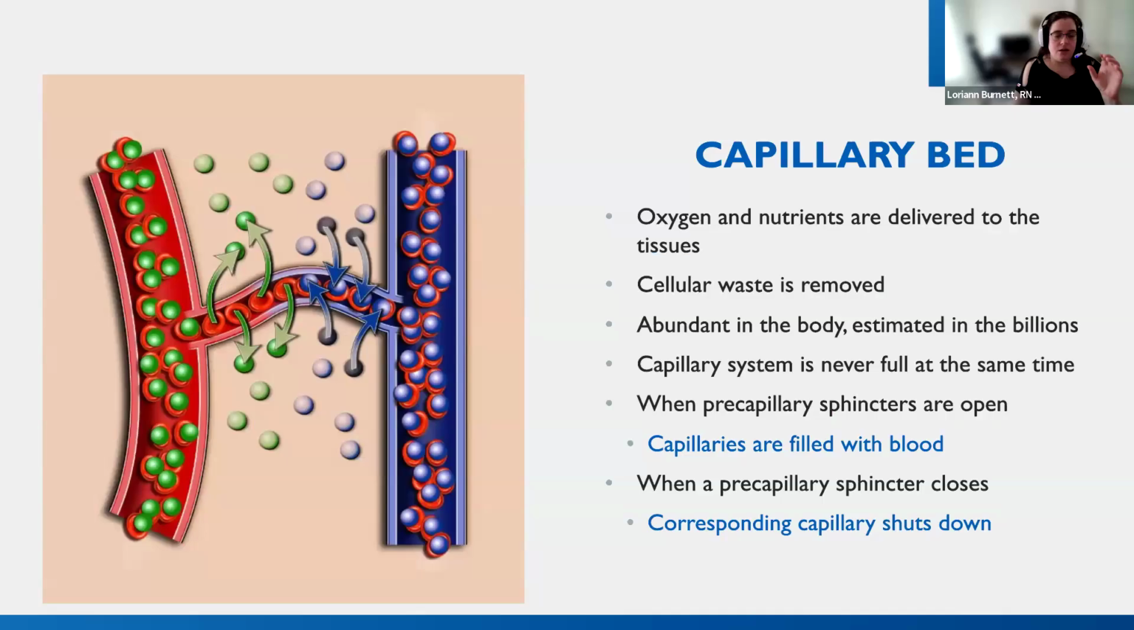Our capillary bed is where the actual oxygenation, tissue supply, and reabsorption of waste and CO2 occurs. And there are a couple million of these throughout our body where our veins and our arteries kind of mix